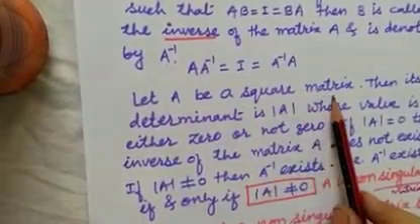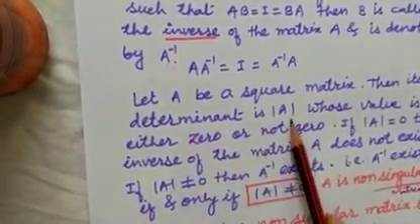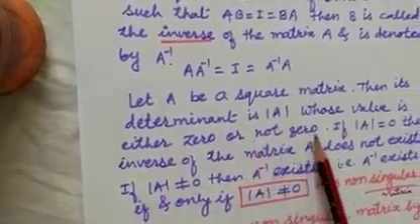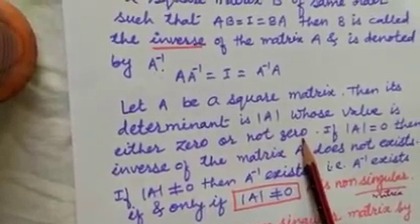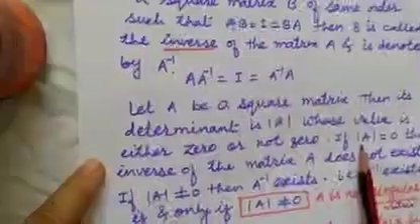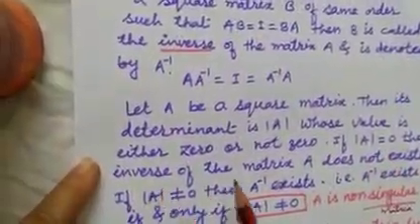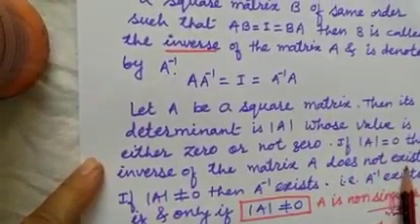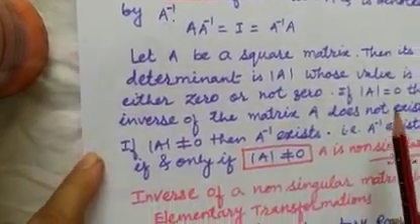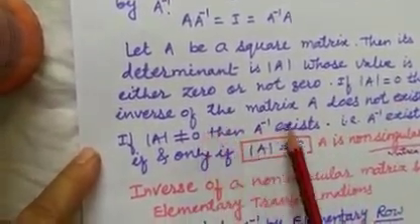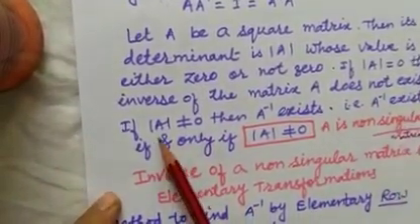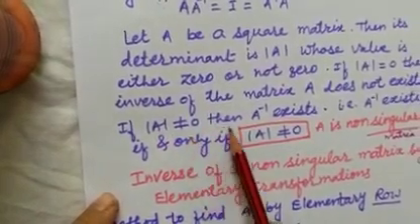Let A be the square matrix, then its determinant, which we denote this way, has a value that is either 0 or not 0. After finding the value of the determinant, it may be 0 or may not be 0. If the determinant is equal to 0, then the inverse of the matrix A does not exist. Remember this. If the determinant value is equal to 0, then the inverse does not exist, and if the determinant value is not equal to 0,